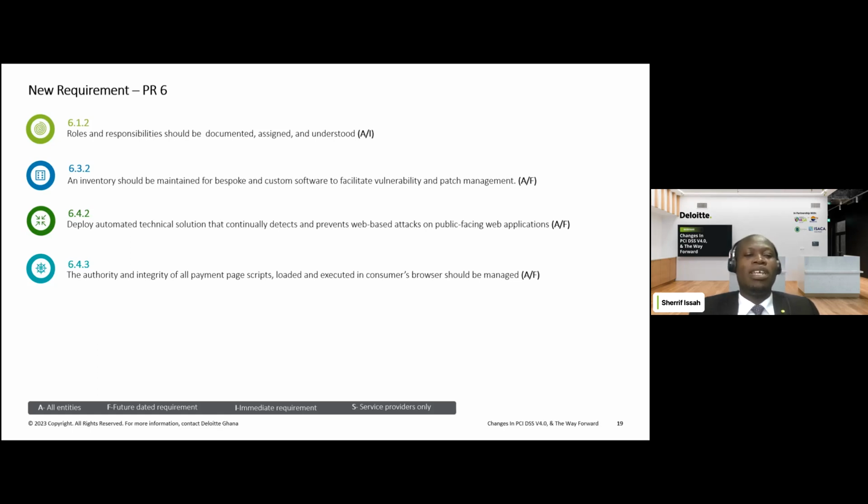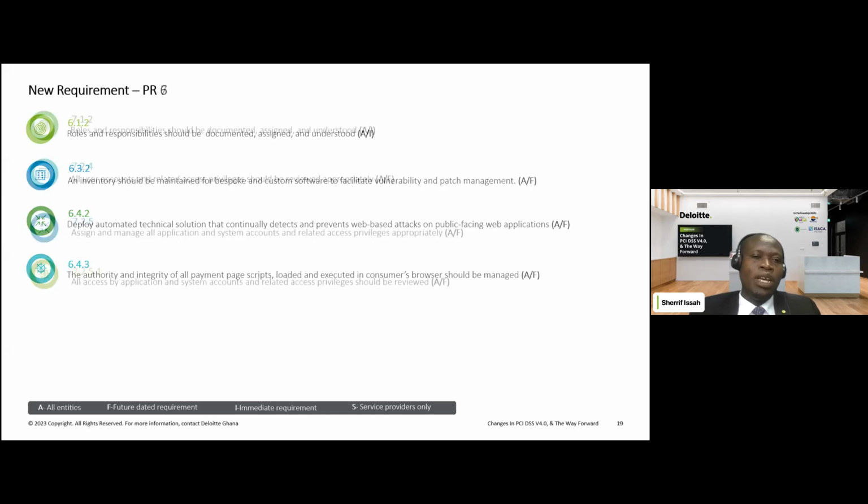Then 6.4.3 says the authority and integrity of all payment page scripts loaded and executed in customer browsers need to be managed. So basically what this is saying is that for the scripts that are executed within the customer browser, there's a need to validate whether they are authorized and also check the integrity before customers transact business over the web. The essence of this is that bad guys can take advantage of the script. They can manipulate the script, and it will have direct consequence on both the customer and the reputation of the